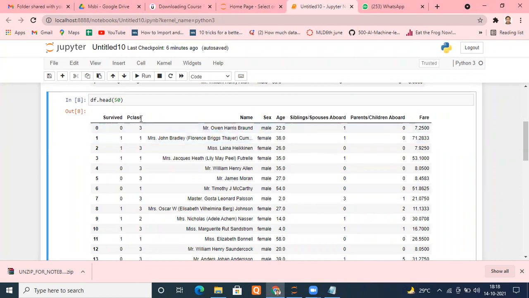Similarly, if we select passenger class, how many groups will we have? We will have three groups: one corresponding to passenger class 1, one to passenger class 2, and one to passenger class 3. If I use survived, then I will have two groups again: one corresponding to not survived, one corresponding to survived. And once we have the groups, we can perform some aggregation: sum them, count them, tell the minimum value, tell the maximum value according to that particular group only.